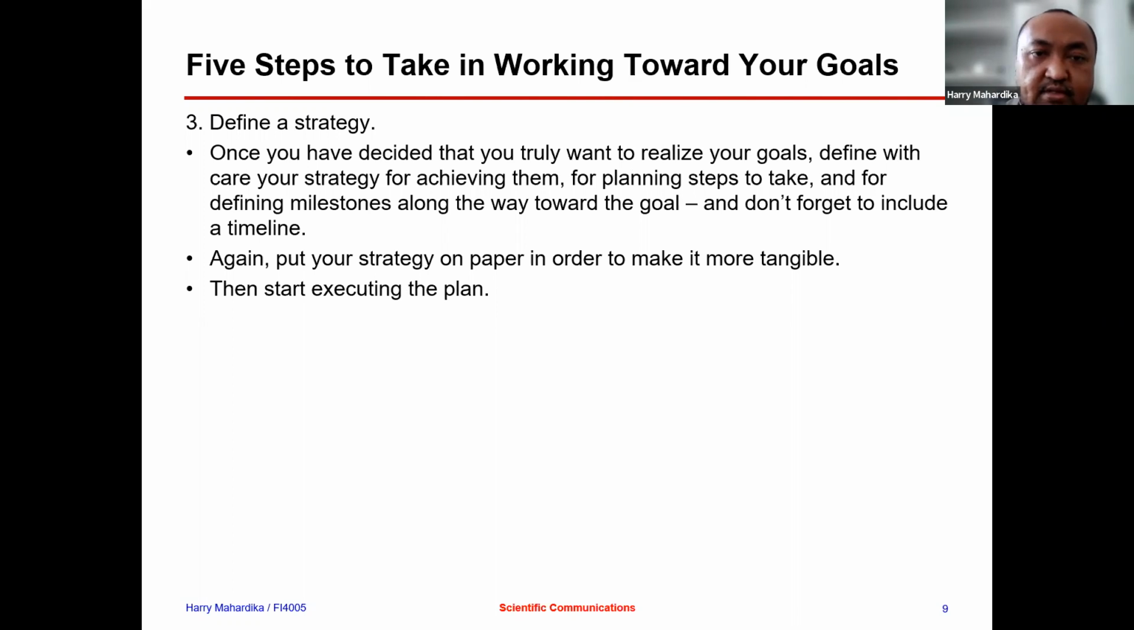Once you have decided that you truly want to realize your goals, define with care your strategy for achieving them, for planning steps to take, and for defining milestones along the way toward the goals. And don't forget to include a timeline. Again, put your strategy on paper in order to make it more tangible, and then start executing